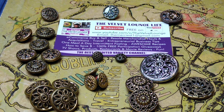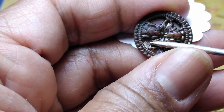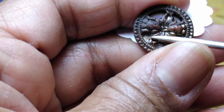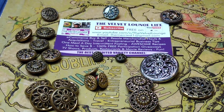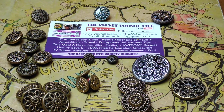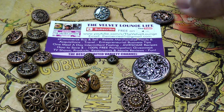I'm just taking a quick look at something, you guys. So this one has a little damage because that, I believe, is rust. It's a little bit rusty right there. And actually, one of the other things to know about the mirror back buttons is how are they